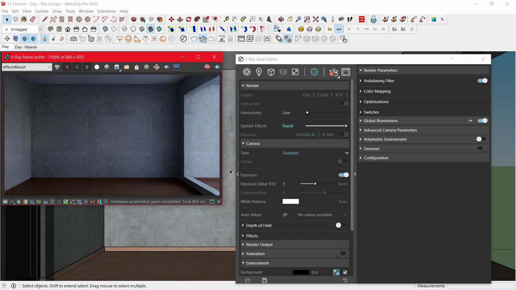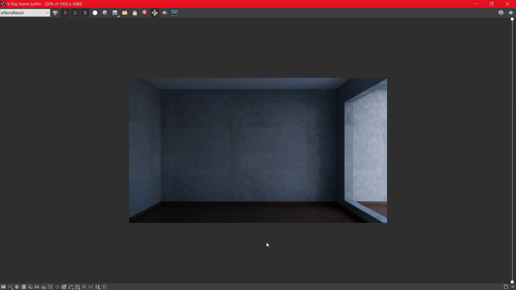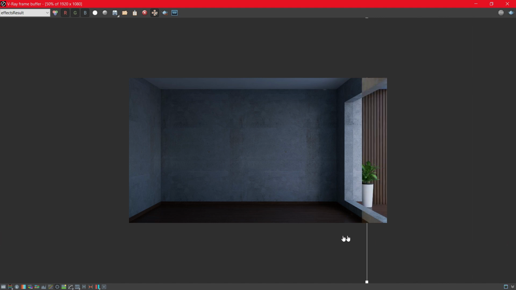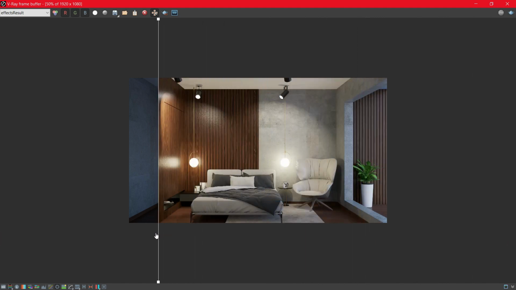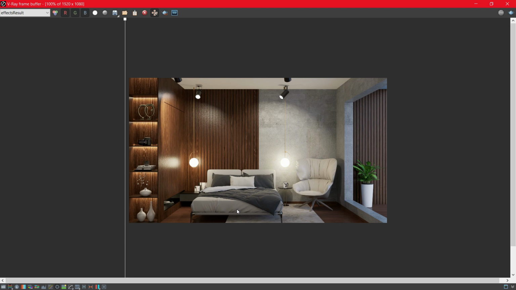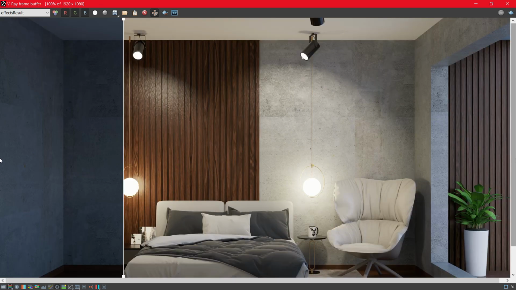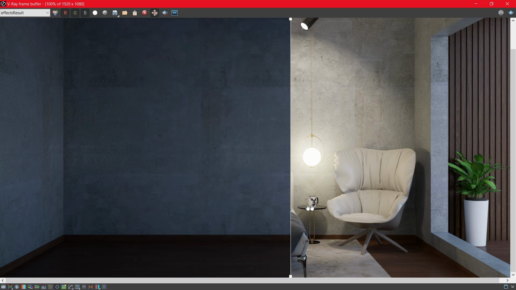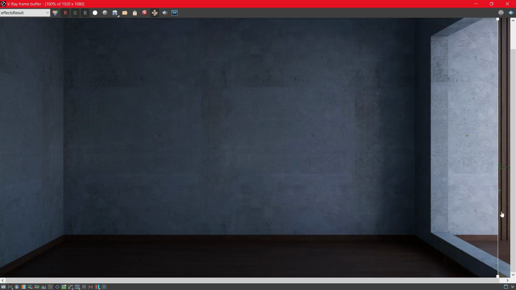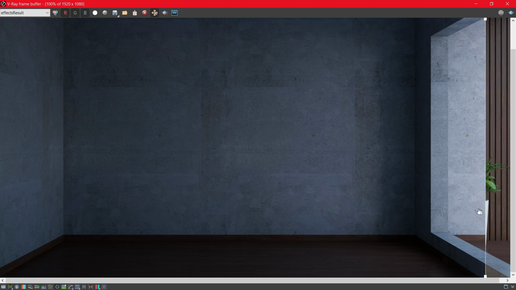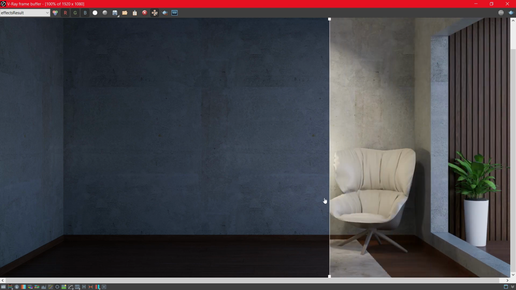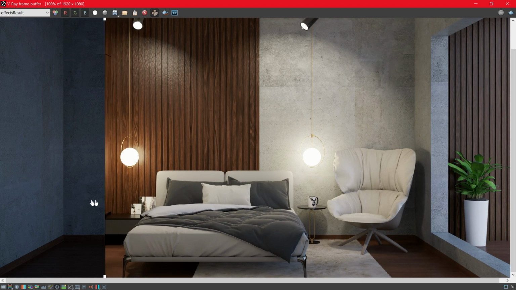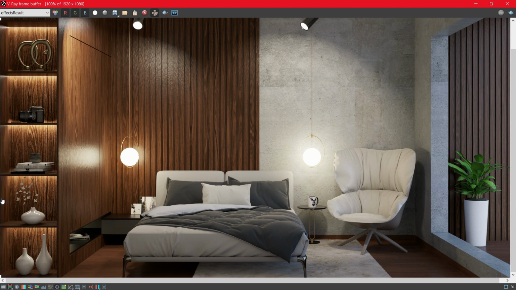And that's pretty much it for a night setting. This is the result after the render, and here you can see a quick comparison between before and after adding objects. I'll zoom a little, scroll it down and move this slider. So this was before and this is after adding the object. Looks pretty good, right?